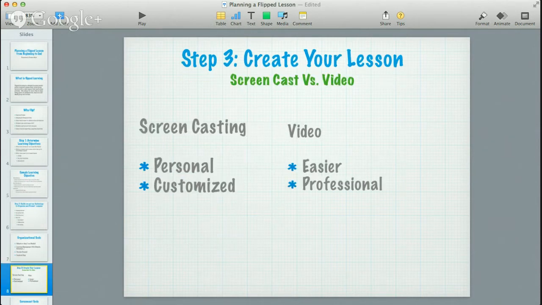So after you've considered the technology that you want to use, you're going to want to think about creating the lesson. So you can either go with a screencasting lesson, or you can do a video that you find somewhere. So the benefits of doing screencasting are it's more personal and it's more customized. When students hear your voice or see your face on the computer screen, it's like they're taking you home with them, and you're making that personal connection with them,